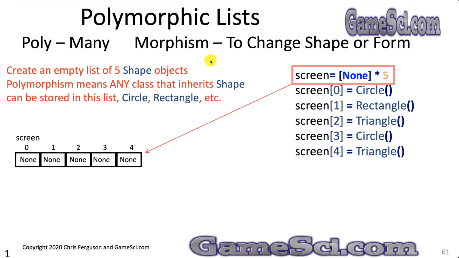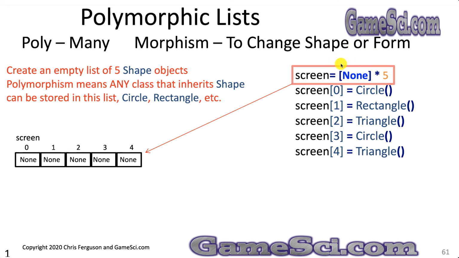Polymorphic list. Let's start with an empty list of 5 shape objects. Polymorphism means any class that inherits shape can be stored in this list. Circle, rectangle, triangle. All of those shape objects can be stored in our list. screen = [None] * 5